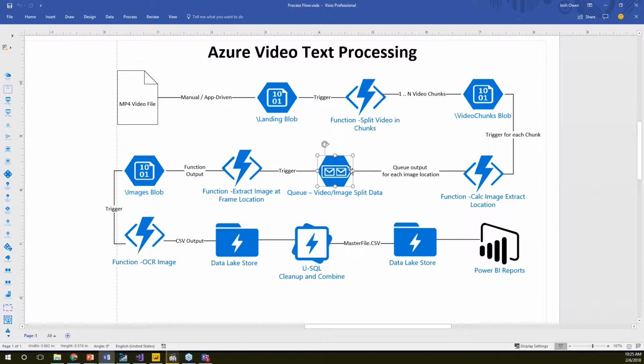Again, this is a lot of information, right? That storage queue needs to know the video name, the location, maybe the time of where that image occurred so that we can do some extraction. So this is sitting in an Azure storage queue. You could also use something like Event Grid or Event Hubs. I just use the storage queue because it's pretty easy and fit my use case pretty well. And then while that information is sitting in the queue,